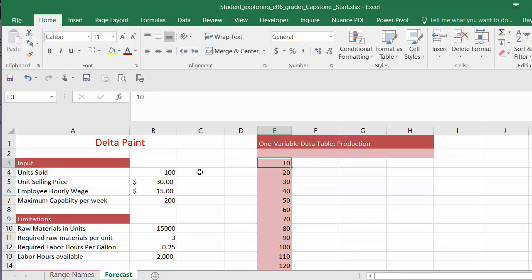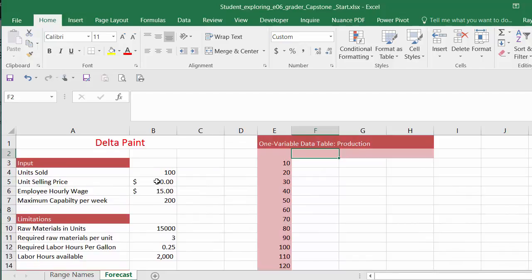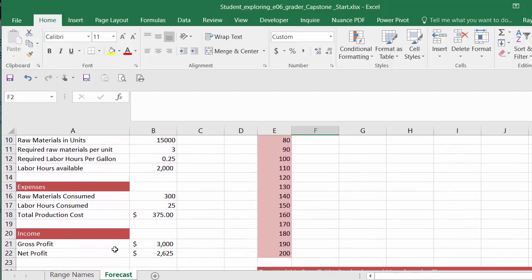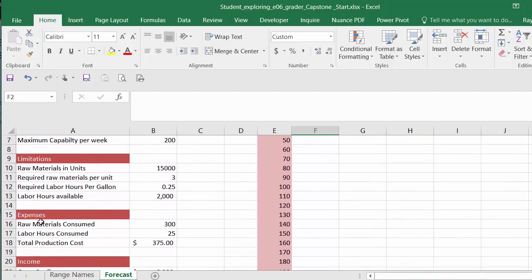Alright, so now, since this is a one-way table, we want to know what this is going to be doing in terms of substituting these values into units sold, and we want to know what is the total production cost going to be using this model. Now, I spent a lot of time in class going over this model, so if you weren't in class, you'll need to look at these and understand what we're trying to produce here, which is net profit based on the inputs, the limitations, expenses, and income. Okay,